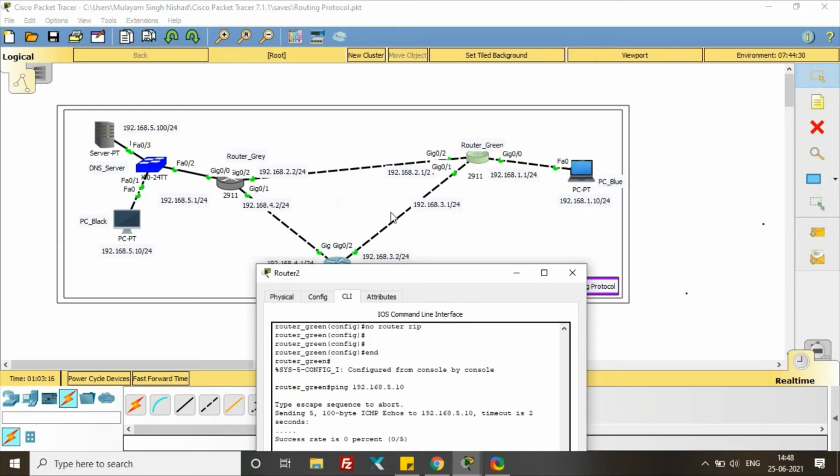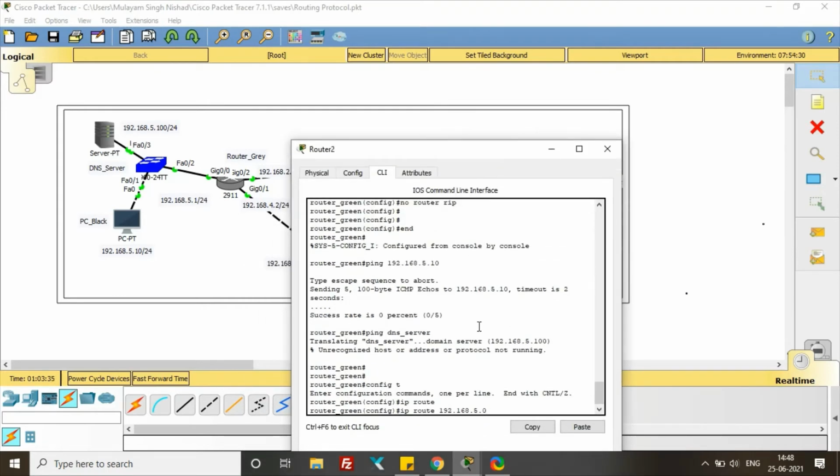But these devices cannot ping this PC and this server IP, and this router cannot ping this PC, because these are end devices and not directly connected, so we have to configure static routing for them. So this is the network address of this PC and server, then the subnet mask for this network, and it requires the forwarding port.